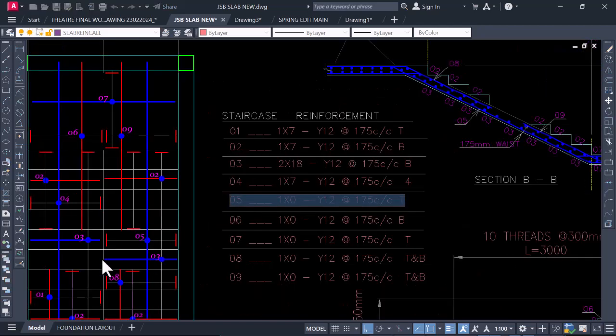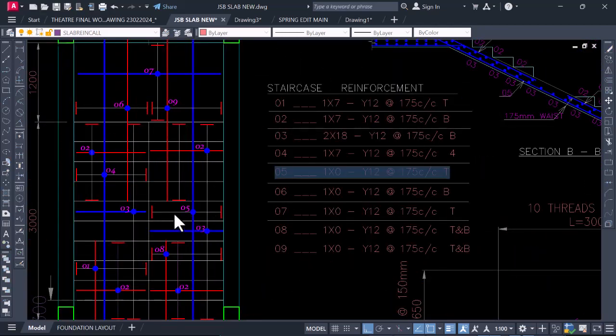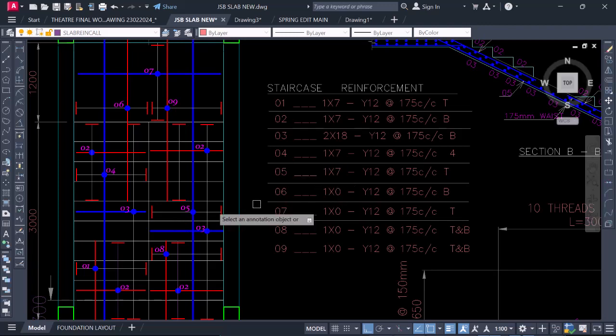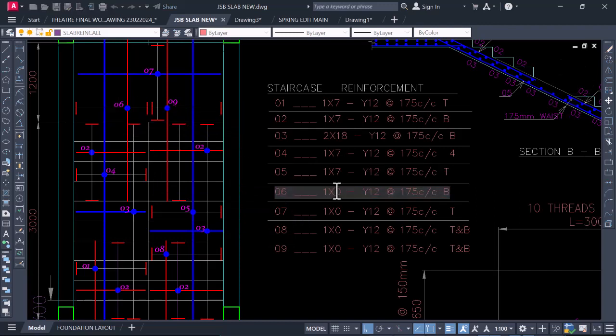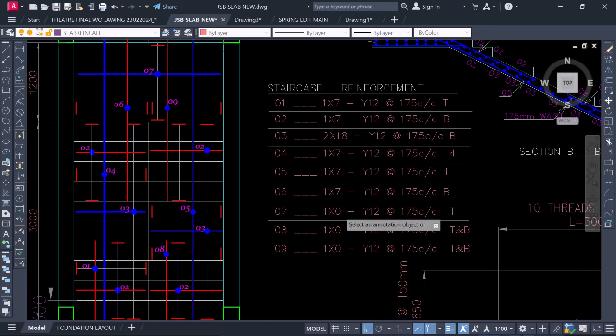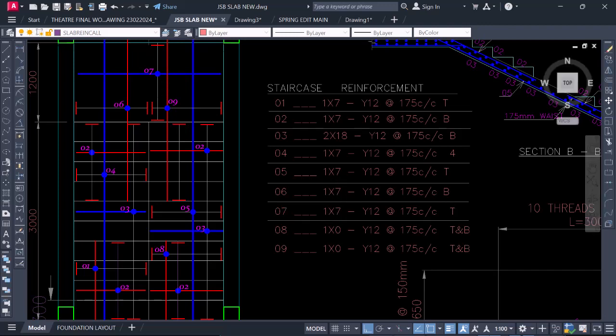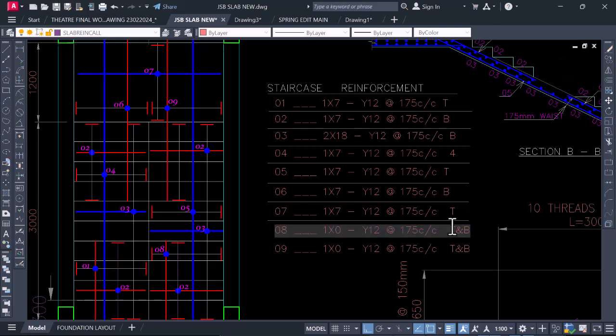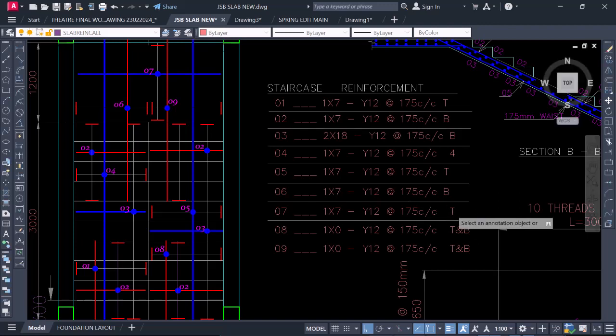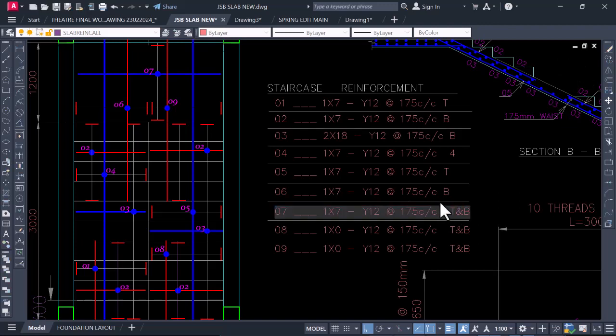5 is the same thing. 5 here appears just once. So since 5 appears once and is 7, we'll go to 6. 6 also appears once, and 6 is what? 7. So we'll go by adding 7, and 7 is what? Appears once, though it is top and bottom. So we're going to put here to be top and bottom. 7 is top and bottom, while